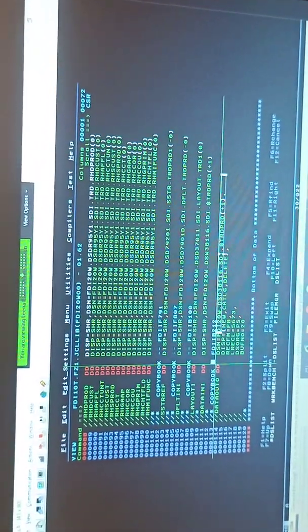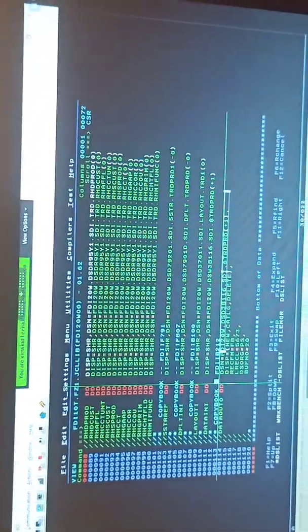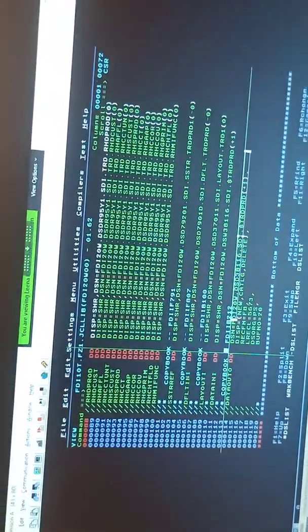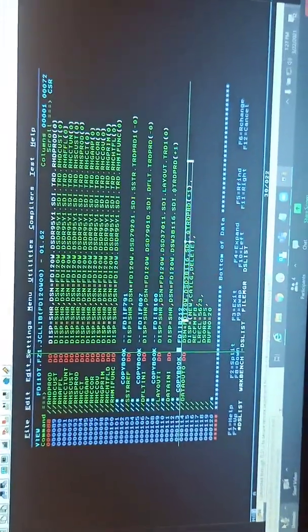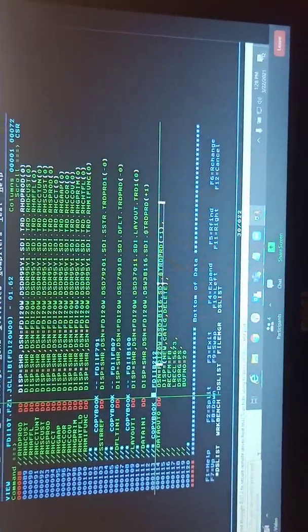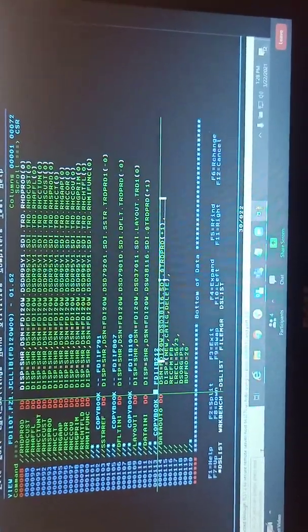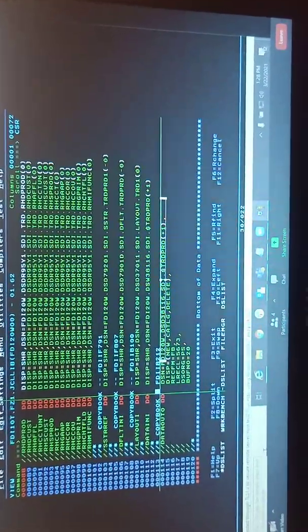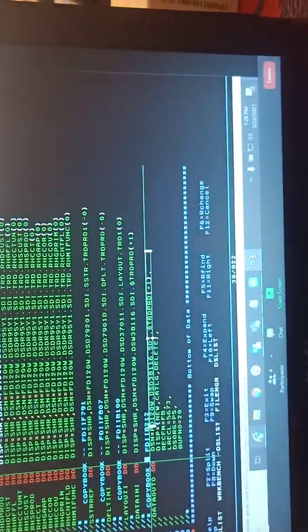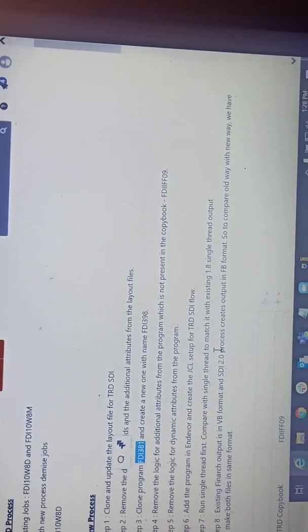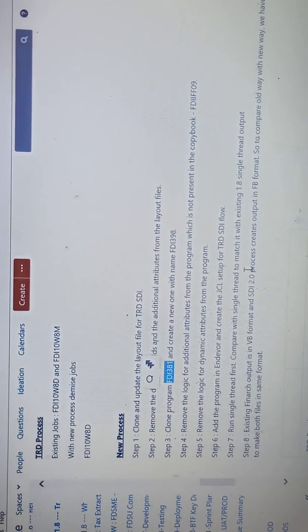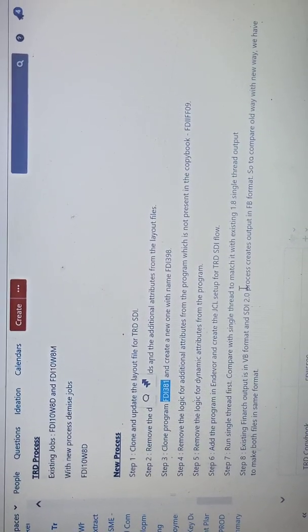That is just to confirm that we are good and the files are matching with the old values. Okay, that is the testing process. Yeah, that is for the unit testing process. Correct. Yeah, Lena, we are comparing against the TRD copybook, we need to check which fields are not there in that copybook, and we can remove those fields from the program, layout file and program. Layout file and program, okay. Correct, yes.